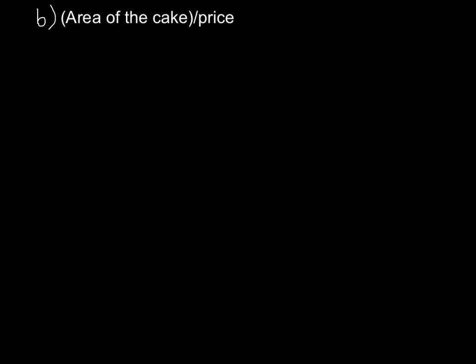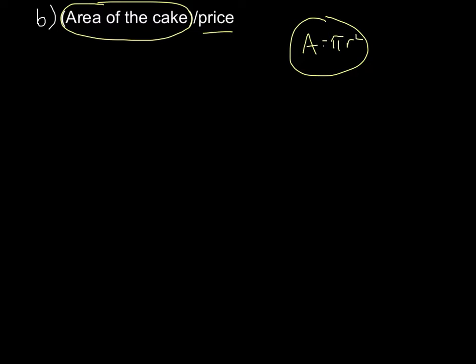Now, the second question was to get which cheesecake has the best price. Well, remember, we're talking about circles, and we're going to take the area of whatever your cake is divided by the price, and that'll give you the most bang for your buck. Remember, area of a circle, pi r squared. 6-inch cheesecake, what's the radius? Well, it's 3. So 3 squared is 9, 9 times pi is 9 pi, divided by the price of that 6-inch cheesecake, which was 8. It's about 3.53